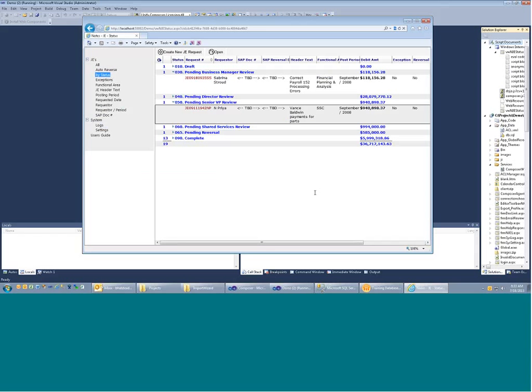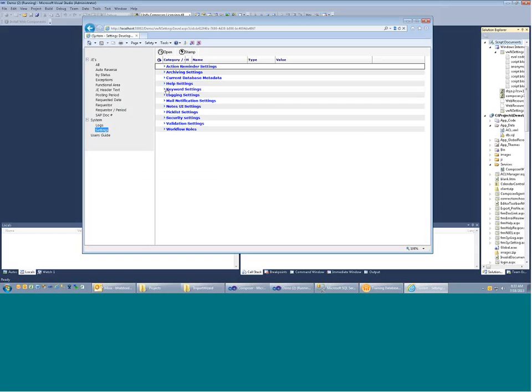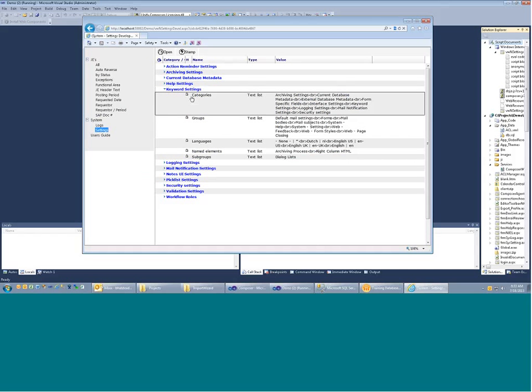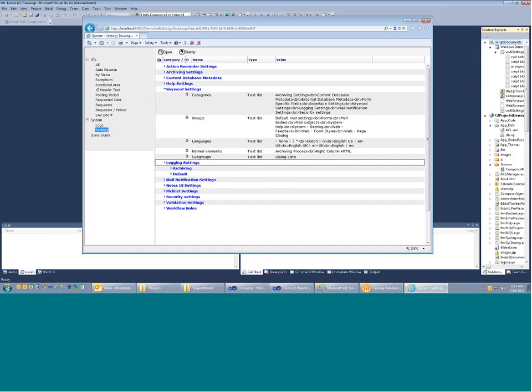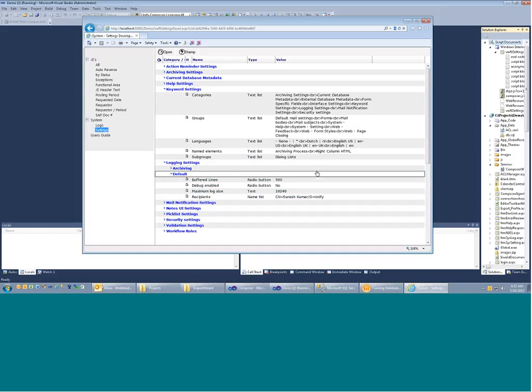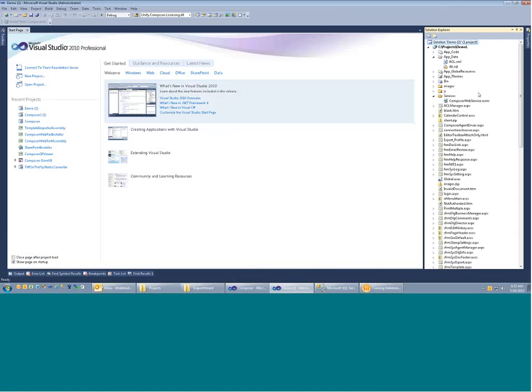So that is the application in a nutshell, more or less. Here's another view, and we support all the view options. So we have icons that come over, and all the various column options that came from those views as well. So if we look at the structure of this application,